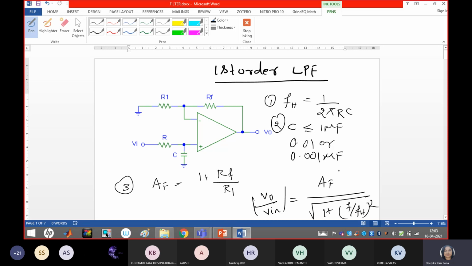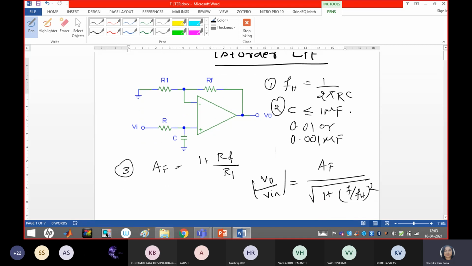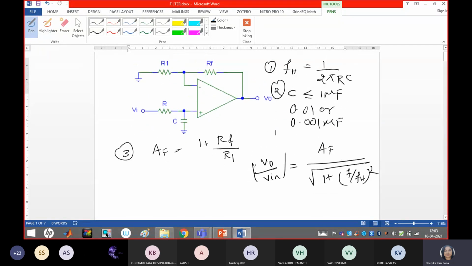These are the important things regarding filters, guys, and you have to remember all these things very carefully, because we are going to apply the extended version of all the equations and values to next order filters. So this was the first order low pass filter. You just remember this is a variable part. We will solve related problems regarding your filter design.